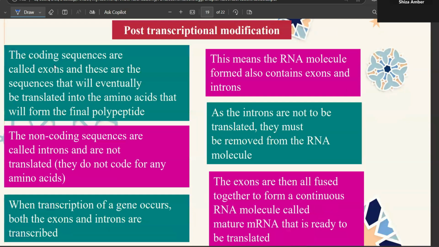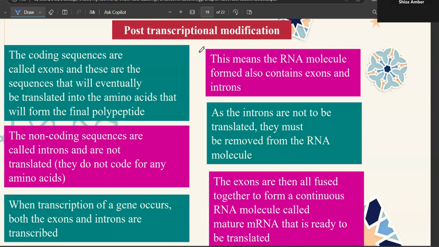So now you need to remember, acha, this was not something which was part of my syllabus when I was doing A levels. This has been recently added. I think in the previous year it was added. So we'll not be able to find many questions for post-transcription modification. But one of the batches has given the exam of this one as well. So we'll extract a few questions from there.